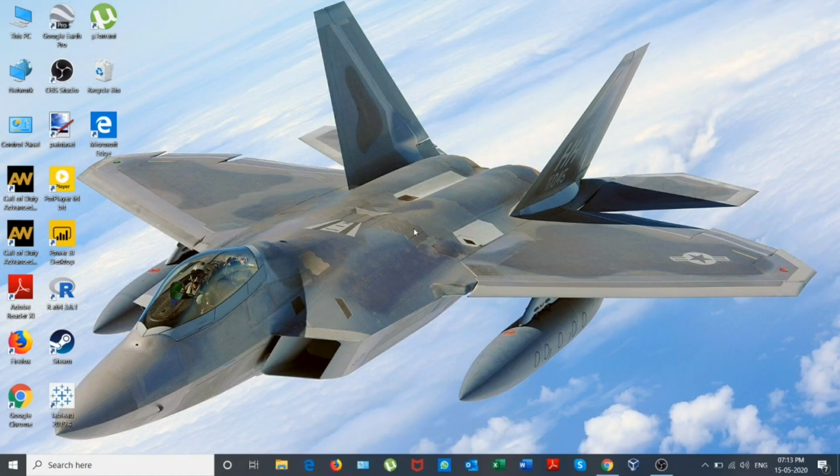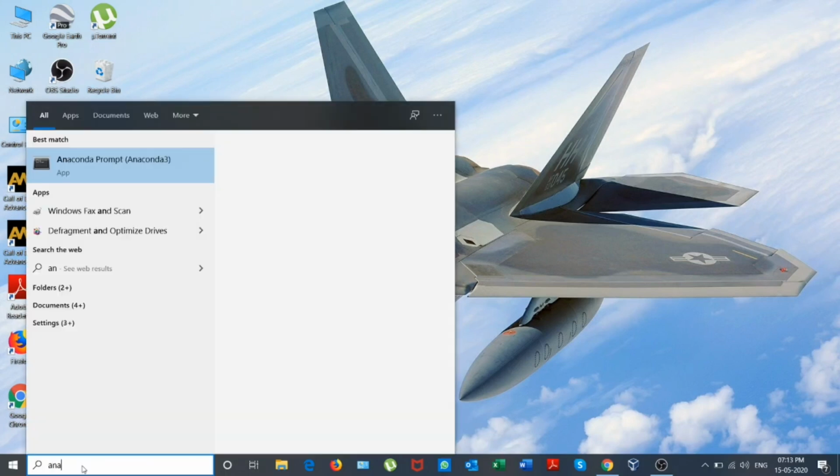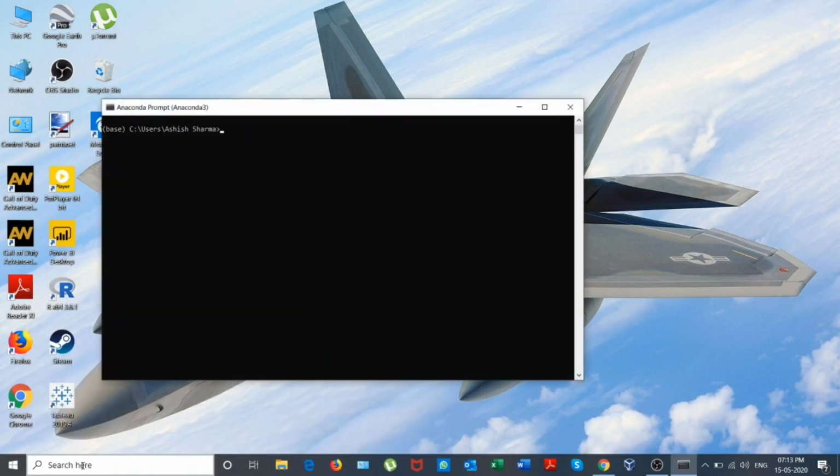Talk about the basics of data science fields, and we are going to talk about two things. First, setting up our working directory, and second, reading .csv files using the pandas library. So let's begin. First we need to open our Anaconda prompt, and then we will open our Jupyter notebook.